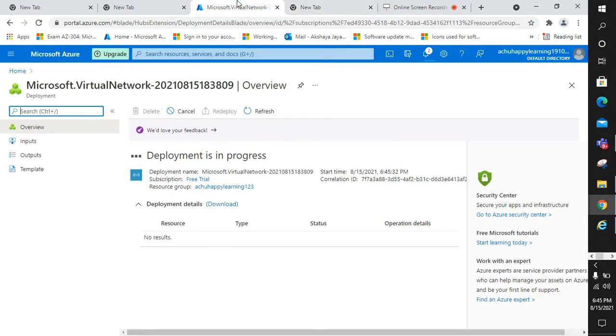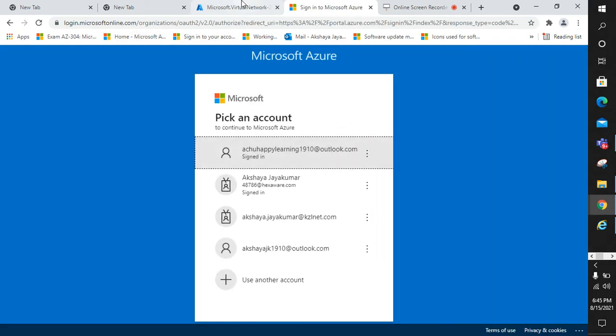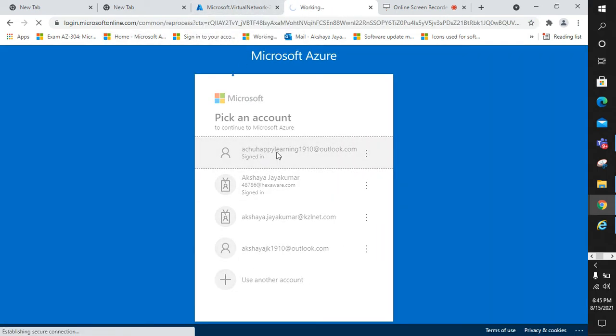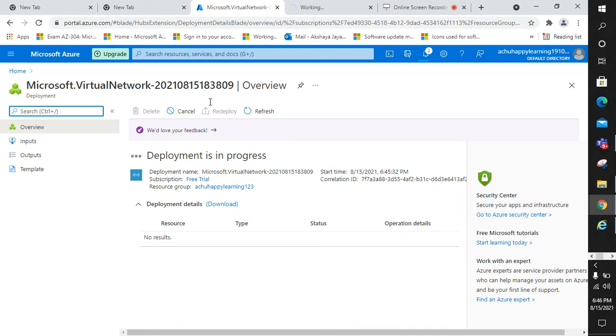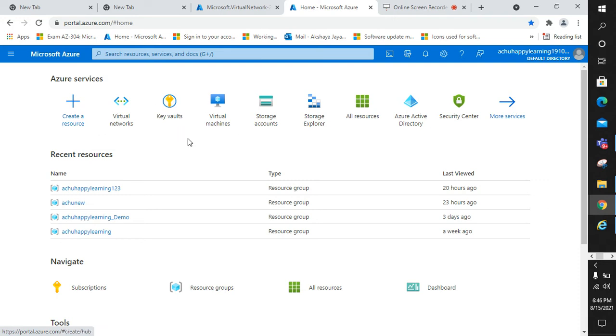So the best thing is, within that time span, we can parallelly go and spin up a virtual machine if we want. So yeah, I will try to see. This might take some time. In my previous day one session, you would have seen how to create a virtual machine by using